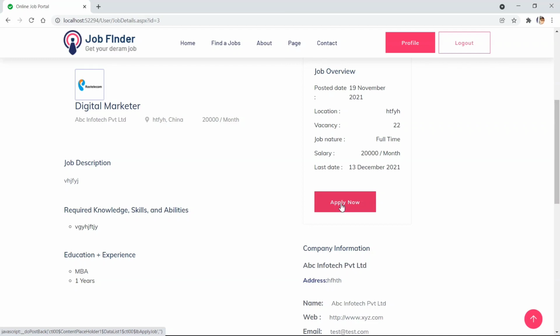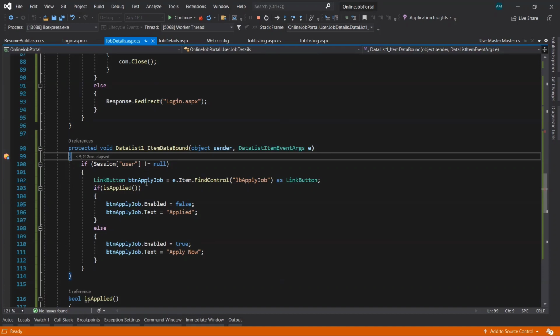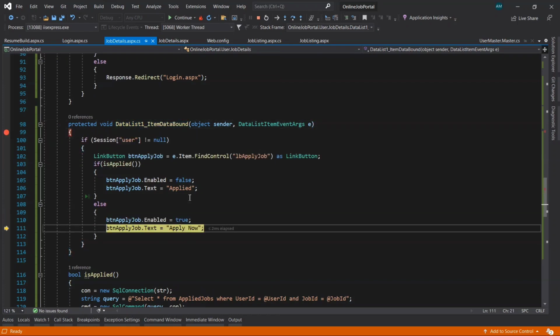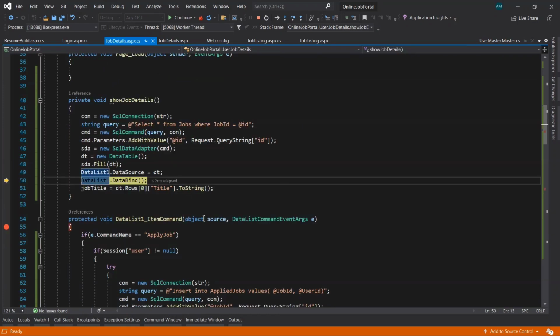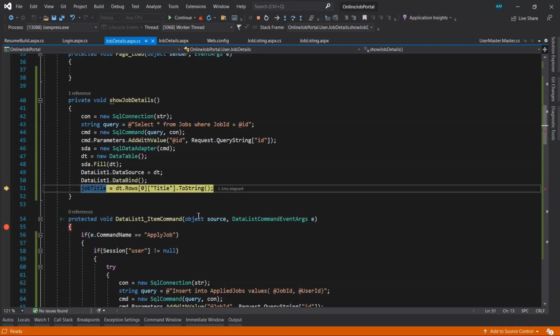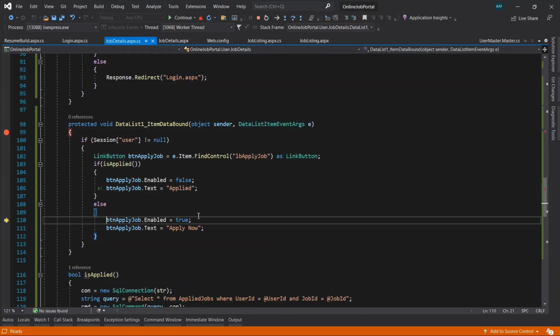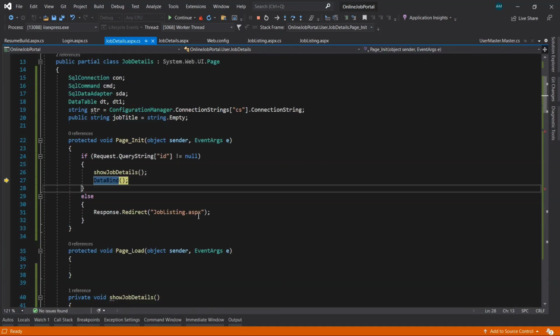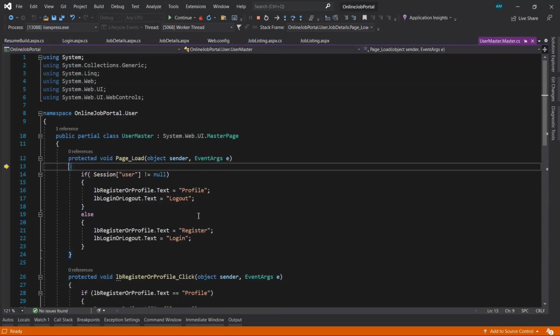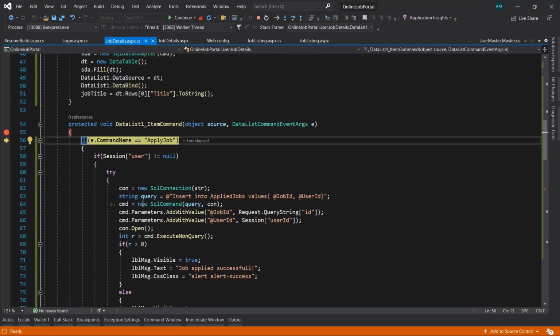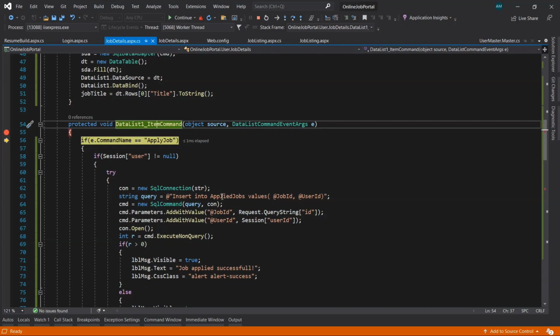This time, first it will call this item data bound. Now it came to this item command, where it will go to insert.